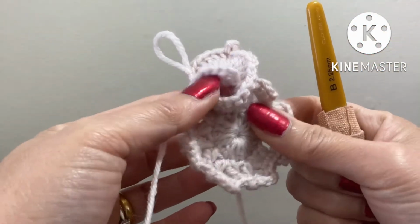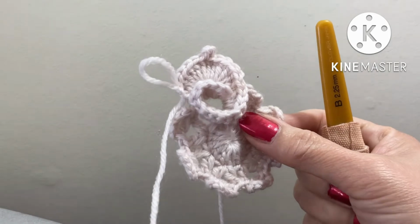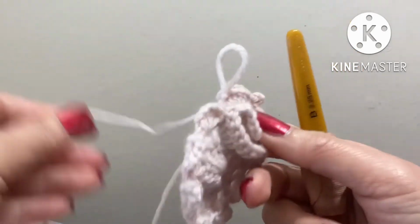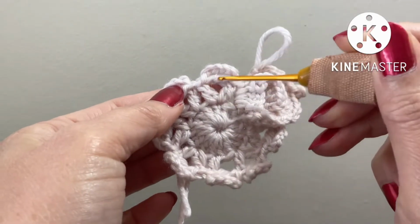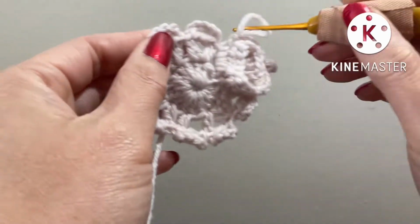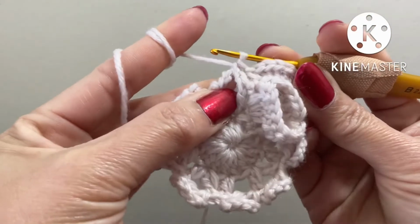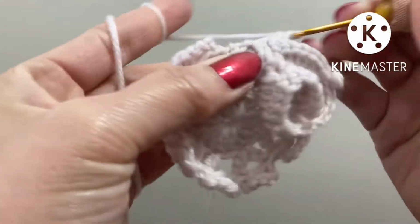Now you can see it comes up like that. For the next one, it goes back to the same pattern now. We start from that one, the middle one, go here, go here, down there, up there, and go to the back. So for the next one, we do single crochet for the first one, like that, and chain 3, 1, 2, 3, and 5 double crochet in the middle, in the space here,